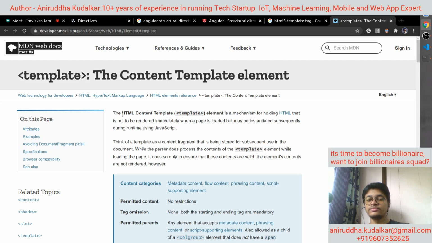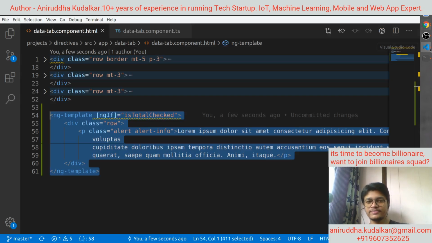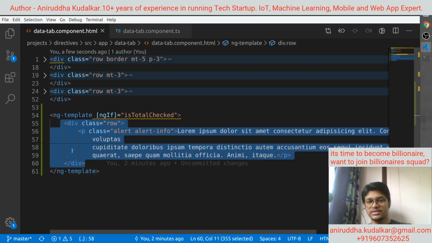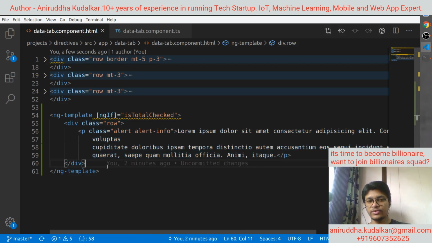What are you saying? The HTML content template element is a mechanism for holding HTML that is not to be rendered immediately when a page is loaded, but may be instantiated subsequently during the runtime using the JS. And ng template tag is an improvisation of the template tag. Remember that. Ng template tag is what? Improvisation, but mechanism is same. This content won't be, see, the content is available there, right? So